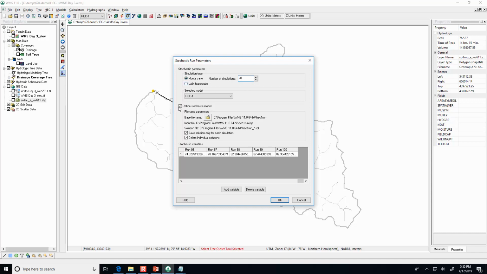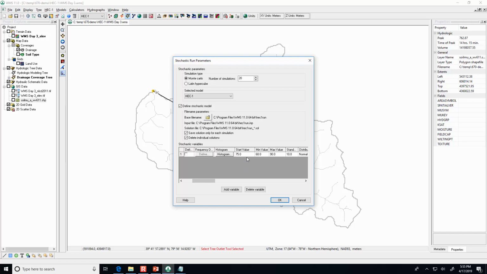Okay. Yeah, 20 runs. And the default is that the minimum value would be 60, the maximum value would be 90, and the starting value, kind of the midpoint, is 75. So this normal distribution randomly picks what to assign as the curve number for each of these runs.